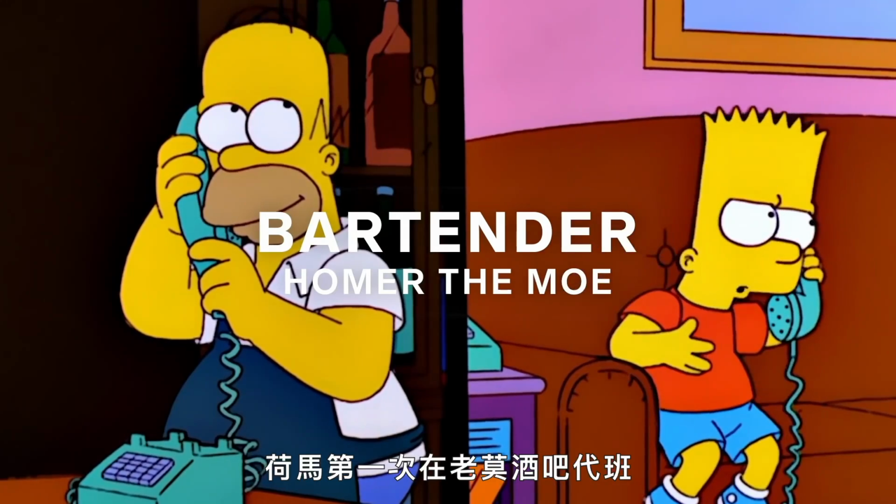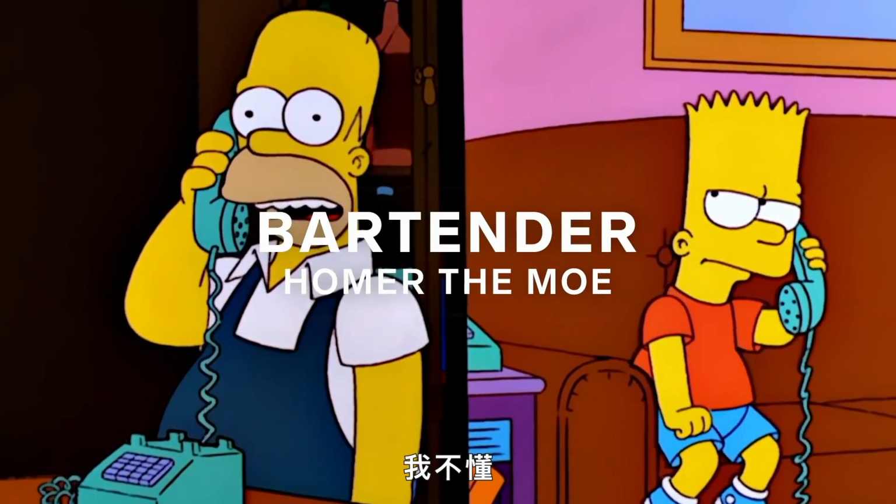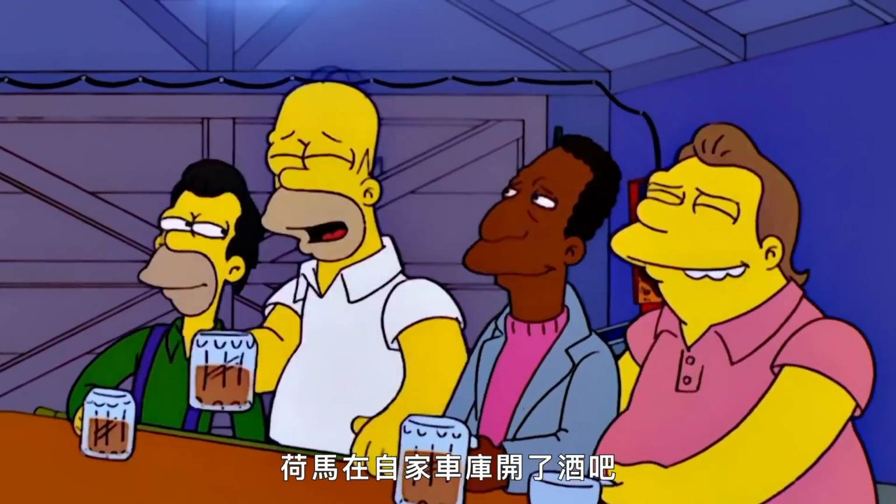Just ask. Homer first fills in for Moe at Moe's Tavern. And then when Moe rebrands as a swanky nightclub, Homer opens up his own bar in the garage. At this point in the show's evolution, you can even start to see the writing and the style